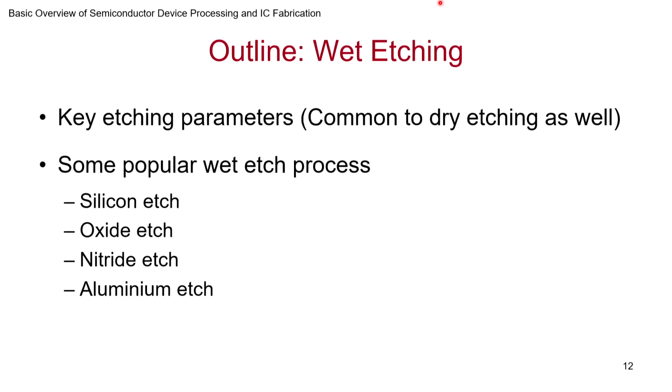So this is the outline of what I would like to talk about. First, I would like to mention some key parameters that often come up when you're talking of etching. Note that I'm talking about wet etching, but the same ideas are also valid for dry etching, because those are parameters or terms or properties that you look for in etchants and in etching processes. Then I would like to talk about, as a case study or general examples, because as somebody who wants to know about semiconductor processing, there are some standard etches you should be familiar with, and at least these 4 I would like to just mention, and you can take a look, and they may be helpful for you in other lab exercises, etc.